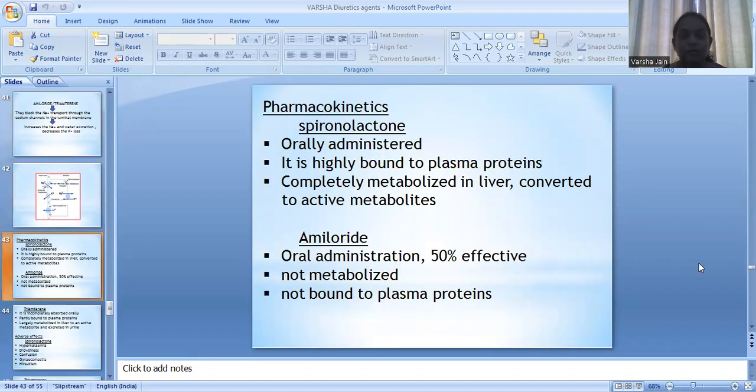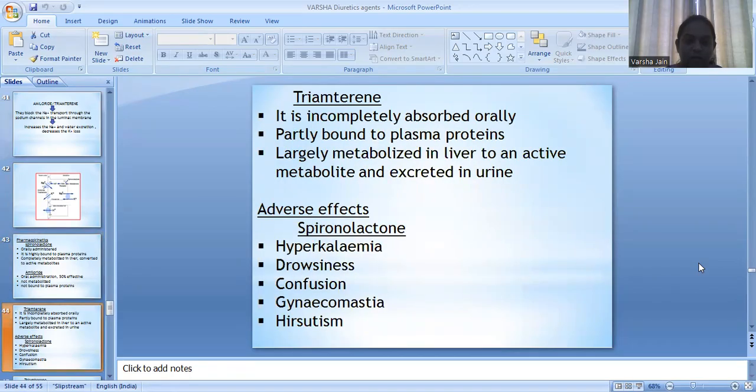Pharmacokinetics of spironolactone: it can be administered orally. It is highly bound to plasma protein, completely metabolized in the liver, and converted to active metabolites. Amiloride, oral administration, is 50% effective, not metabolized, and not bound to plasma proteins. Triamterene is incompletely absorbed orally, partially bound to plasma protein, largely metabolized in the liver to an active metabolite